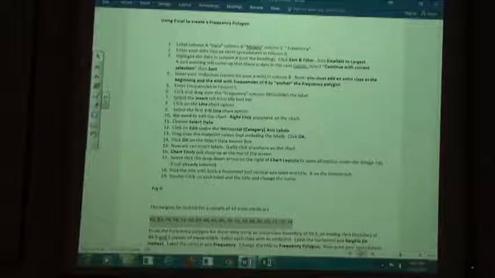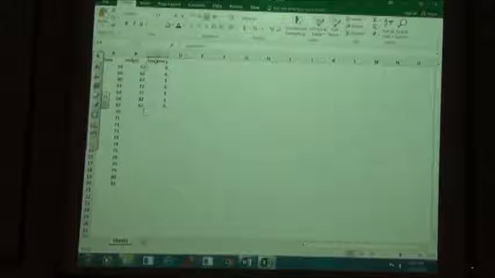Click and drag over the frequency column, including the label. So I'm going to highlight from frequency down to 0. I included that label. Select the Insert tab from the toolbar. Click on the line chart option. Select the first 2D line chart. So if I go over here,